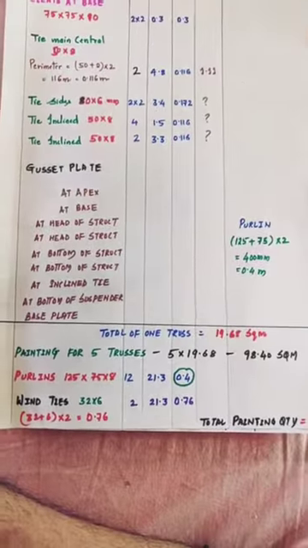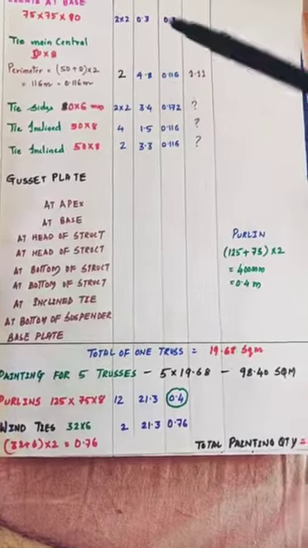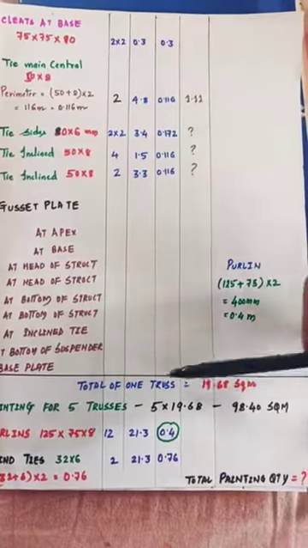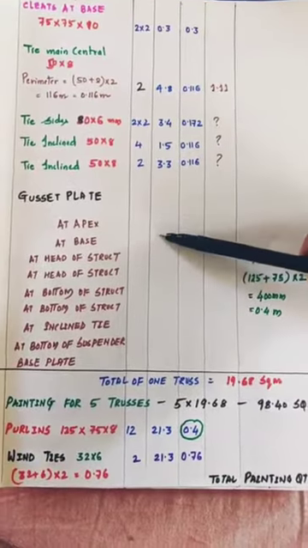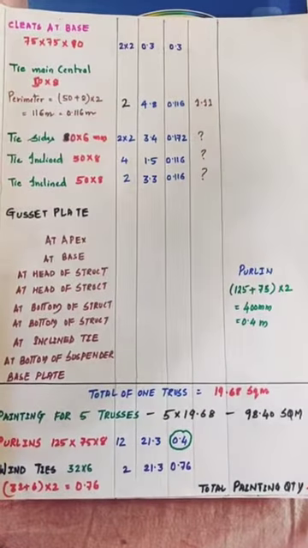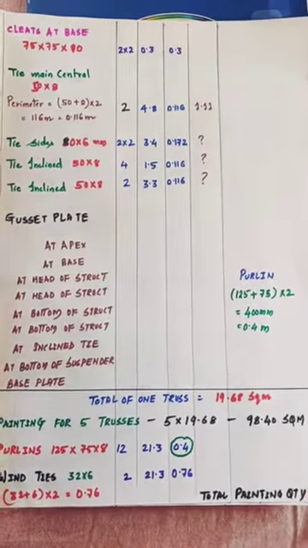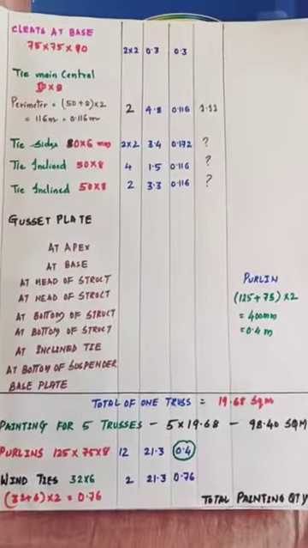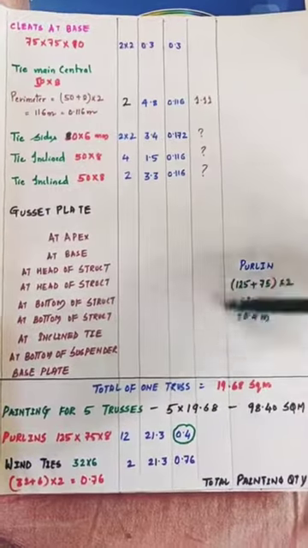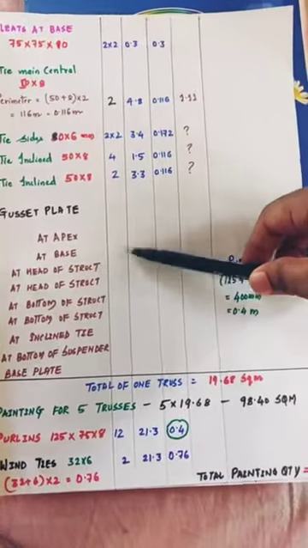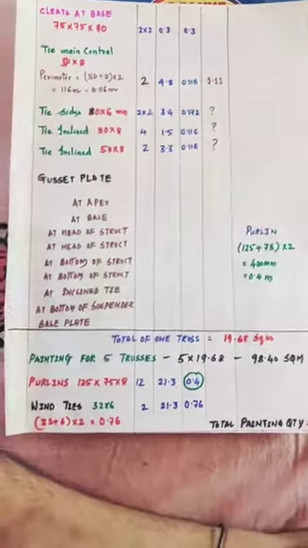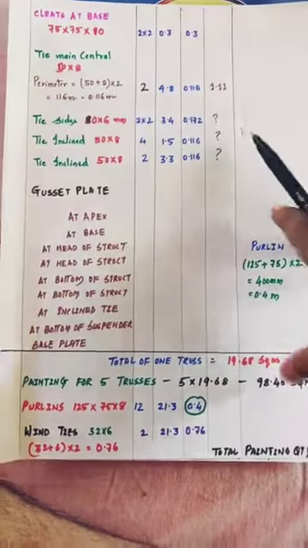Similarly, as a part of assignment, I have kept this part purposely blank so that you can work it on your own. So that you will get to know whether you understood how the quantity calculation is done. So for this gusset plate, you have to work it on your own and cross verify your answers with the PDF that I'll be sending, right? So this part you work out.